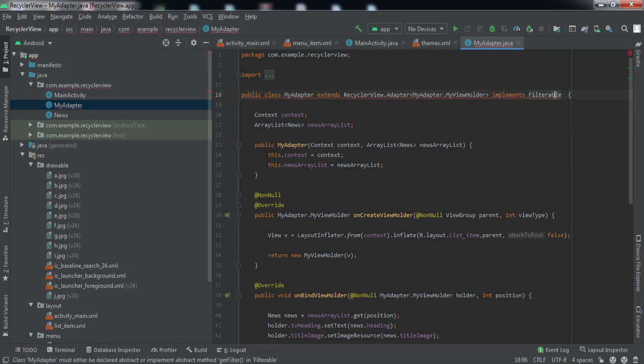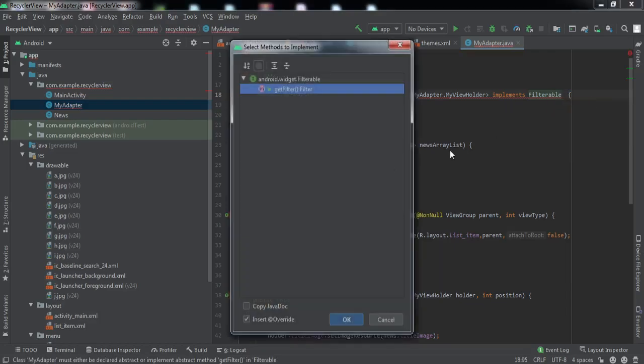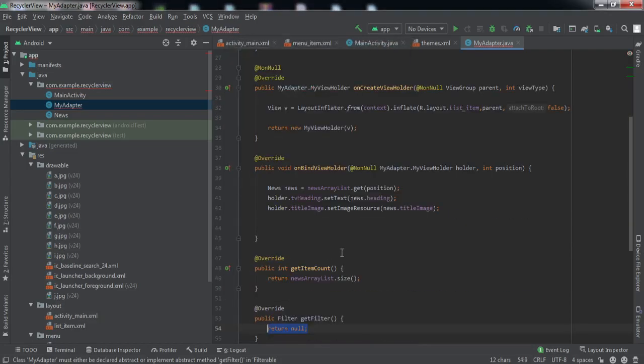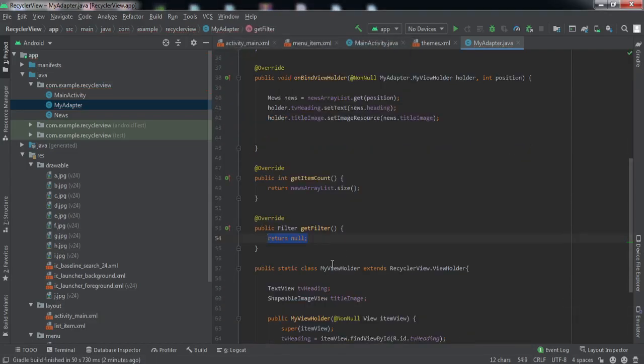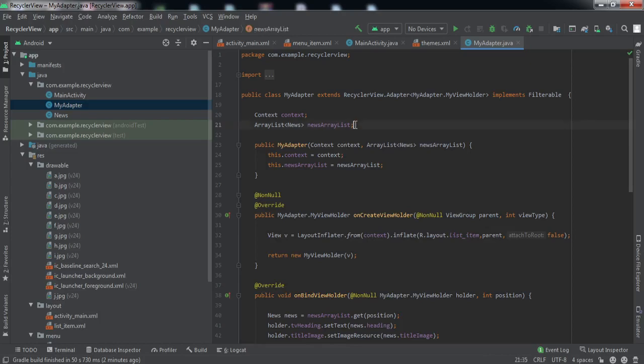So inside this class, now this class will implement Filterable. Now we need to override certain methods. So alt enter, implement methods, getFilter. We have got this method. Now one more thing we need to do is, when we are not filtering out the things, we just need one array list. But for filtering the data, we'll require another list. One list will contain the whole data, then we'll filter it out, and then accordingly we will populate the another array list that will show the data inside the recycler view.